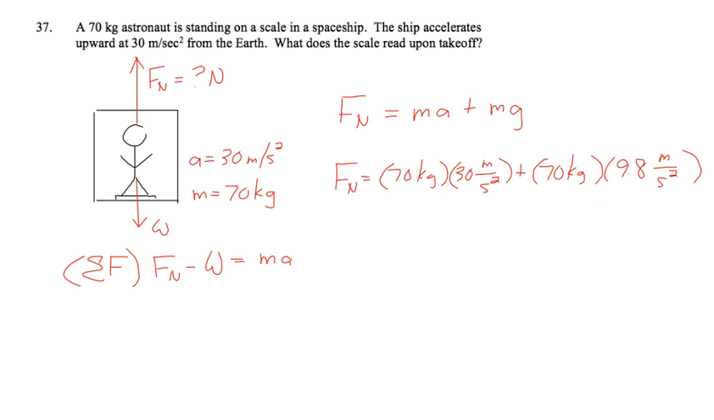So if you plug in your numbers here, you're going to get 2100 plus whatever that other one is. Looks like 686, so 2786 newtons. That's your normal force, which means that's the apparent weight, which means that's what the scale is going to read. Any questions? Yes. So if you factor